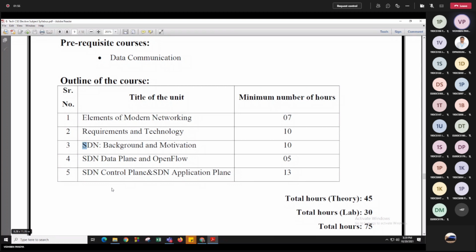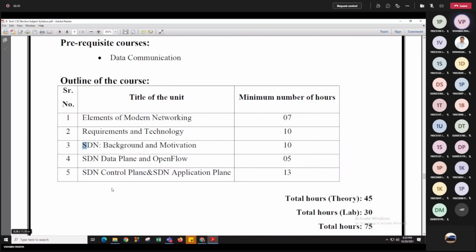Instead of that, in modern networking, in an SDN network, they have divided this one tier into 3 different tiers. That means separation is there. One tier is going to work on data, one for controlling, and one for the application, right? Whatever the data transmission is, that is the only role of your networking devices, and there will be another portion, the control plane, which will be responsible for controlling the networking stuff, right?